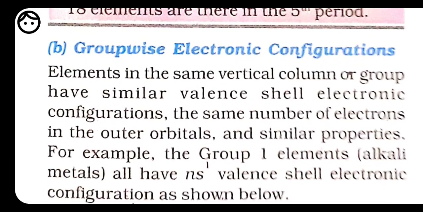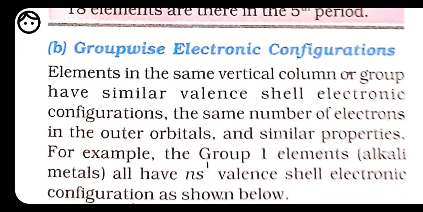Now here we have the electronic configuration in groups. So group means what? A vertical column of the periodic table is called a group. Okay, so a group consists of a series of elements having the similar configuration of the outermost shell. Means if we are talking about the group like lithium, then we have sodium, then potassium, rubidium, cesium, they all are arranged in a group. Why are they all arranged in the same group? Because the outermost shell, in the case of this one, has only one electron. They all have only one electron in their outermost shell. So on the basis of the similar configuration of the outermost shell, they are taken in the same group.